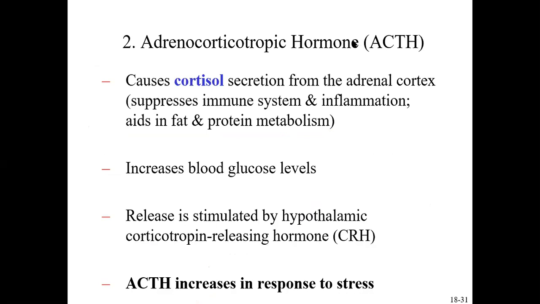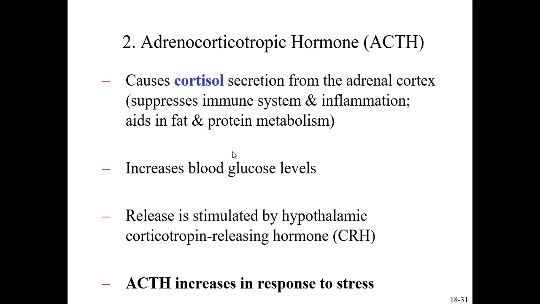ACTH is released from the anterior pituitary gland. It goes into your bloodstream, into circulation, where it has its target tissue, which would be the adrenal gland. The adrenal gland then secretes something called cortisol, and cortisol helps to do a few things. It helps to regulate or control your inflammatory response, your immune system. It also helps to break down fats and proteins so that you can get energy from some of these. It also helps to increase your blood glucose levels, again, so that you can have the energy that you need